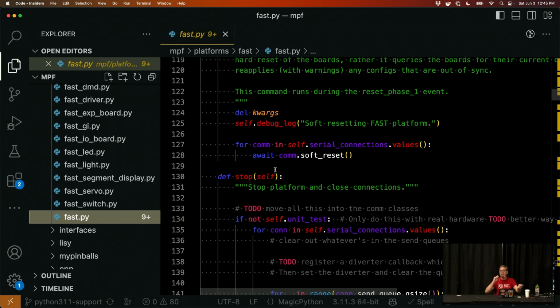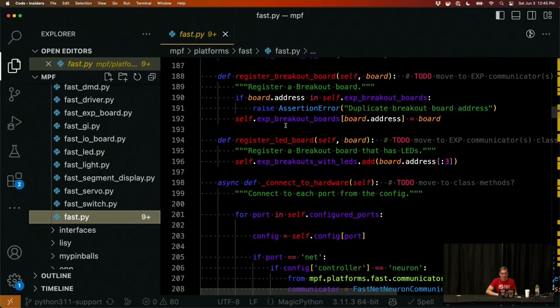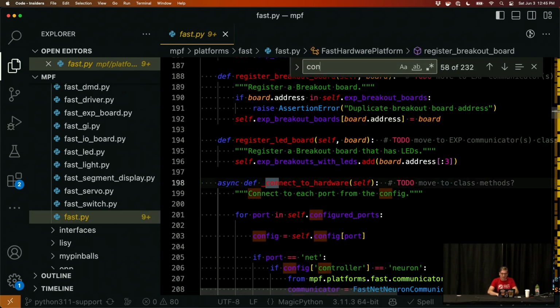This switch is connected to this flipper. It's a 2-coil flipper. There's an EOS switch, a not EOS switch. The platform interface has an API that works with all the device interfaces for MPF. All that code for the actual Fast platform interface is in here. So if I look for